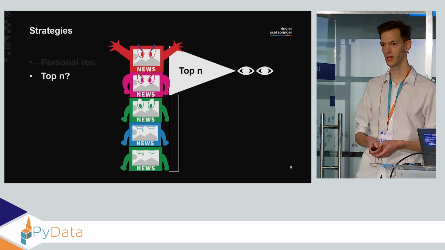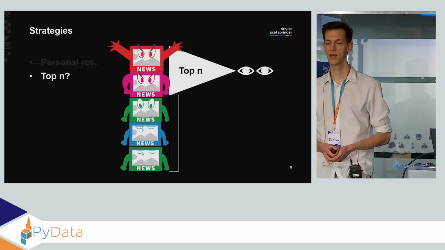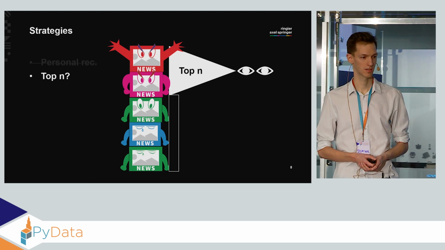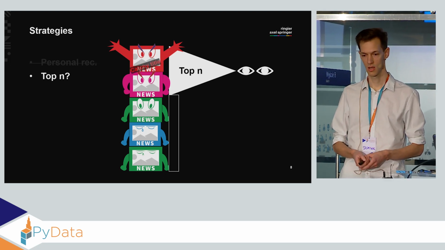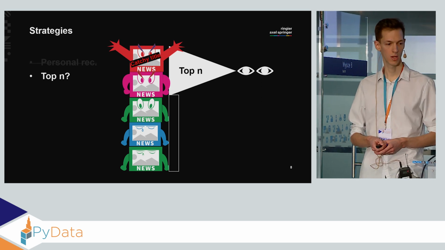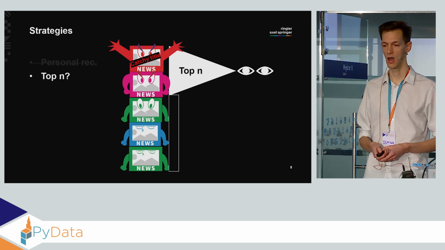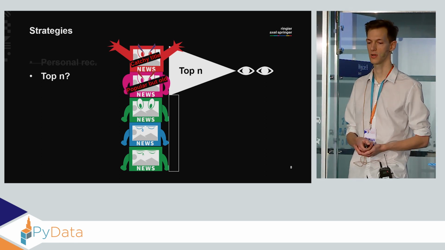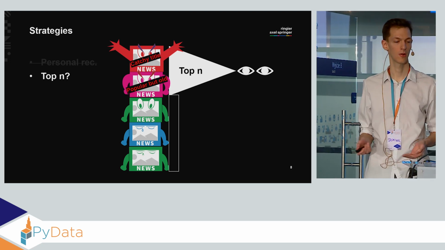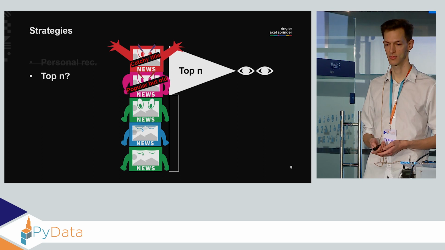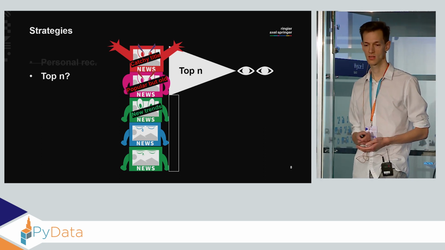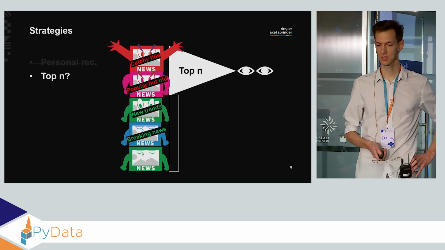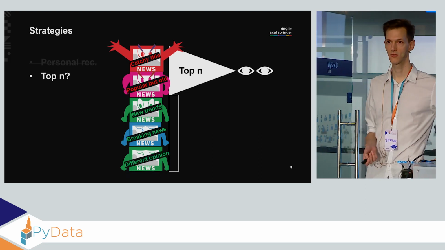So the next pretty obvious solution is to just always recommend the top N best performing articles based on their history. But this also has some disadvantages, because in that setting, usually what gets its way to the top are articles with catchy titles or just materials that have been popular for some time, but everyone has read them and is familiar with them. Whereas what we don't see are, for instance, some new trends that are still rising, maybe some breaking news that we really want to show to the user because it's important, as well as materials expressing different opinions.